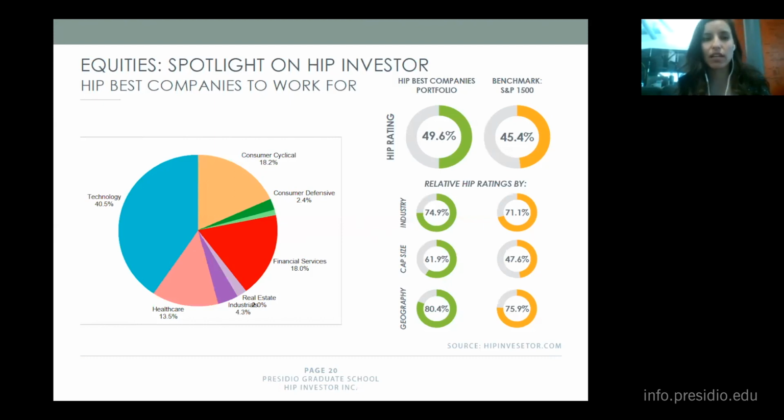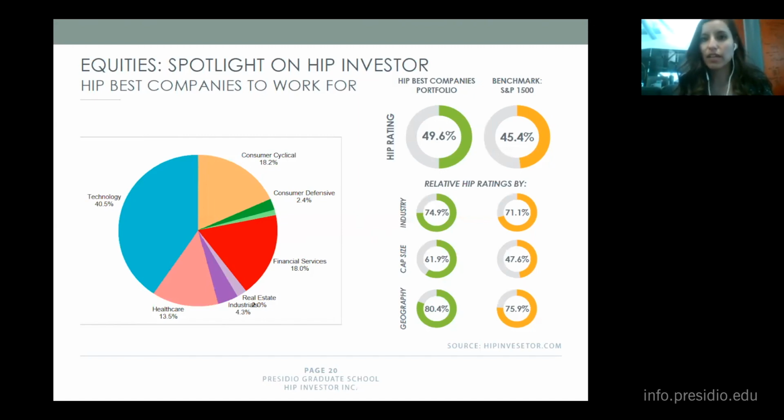The higher HIP ratings represent firms that are actively addressing social and environmental impact associated with their products and services, as well as their day-to-day operations. So highly rated firms tend to be more innovative rather than extractive in their use of human and natural resources. And by adhering to the human needs of their various stakeholders, highly rated firms are often able to better manage future risks and potentially produce higher financial returns.